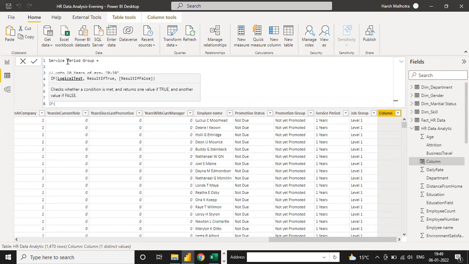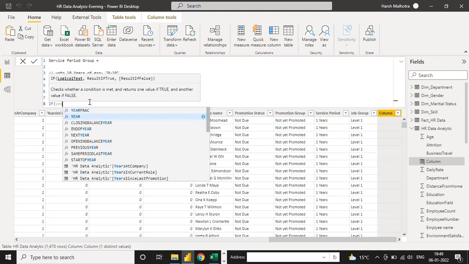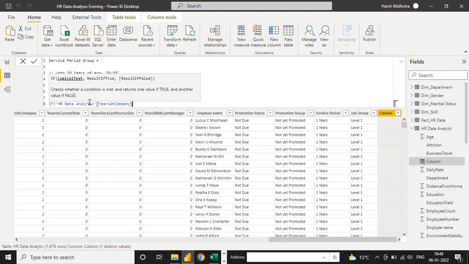So you can write it here. Double slash you are putting just for comment purpose, a remark point. Just for comment purpose, right? So here, the IF condition means you have to put the logical test, which is years at company. You can select the same column, years at company greater than 30. Then we need the answer as above 30 years.